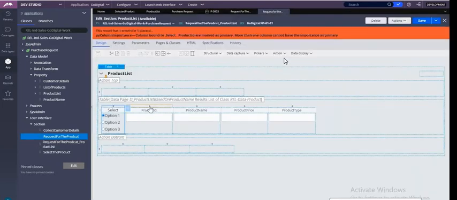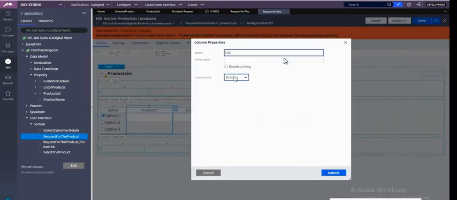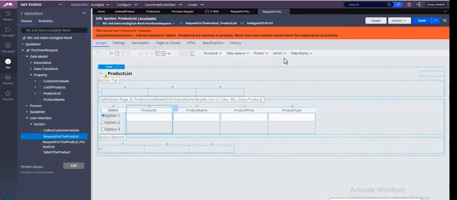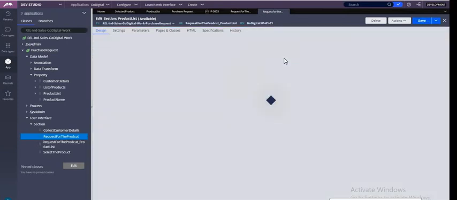And coming to this product ID, this is also having primary. What is this actually? Basically, when you create an application, you create it keeping in mind that you are using this on a desktop. But sometimes the same application might be used on mobile apps also.